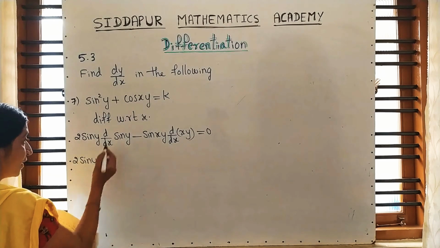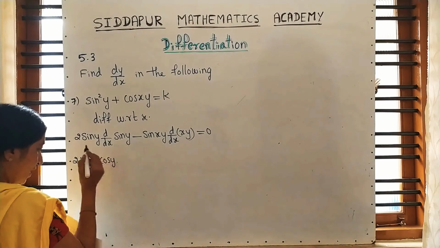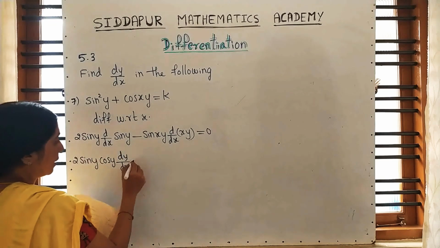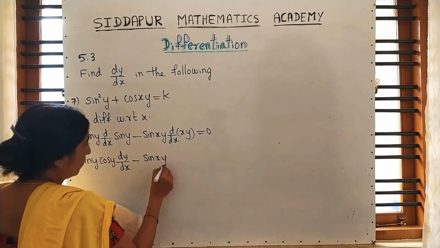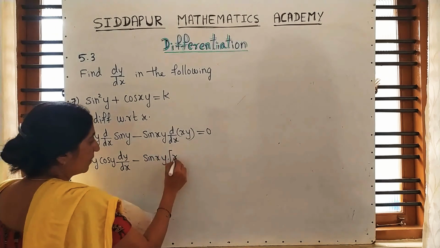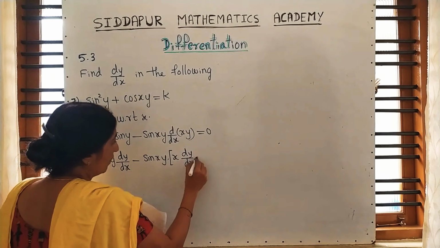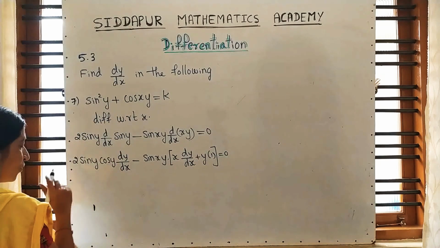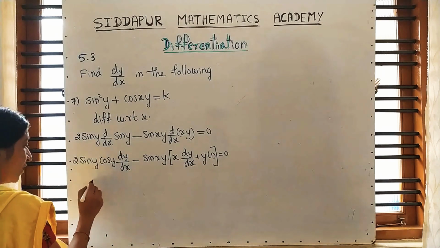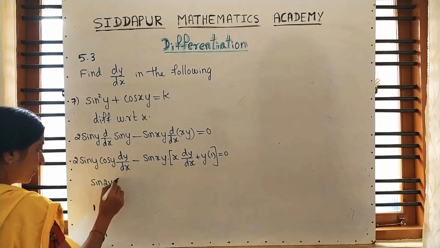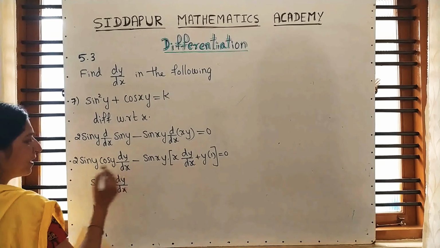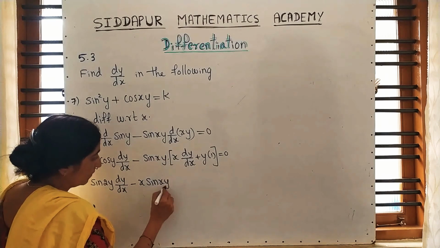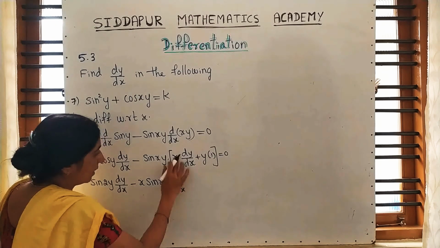2 sin y, differentiation of sin y is cos y, and here the angle is other than x, it is y, that's why I am writing dy upon dx. Next, minus sin xy in the bracket, this is u into v, x into dy upon dx plus y into differentiation of x is y. So, if you are familiar, can you write 2 sin y into cos y as sin 2y? No need to write that. If you are familiar, write it down. Then remove the bracket here. And don't mix this x with this angle.